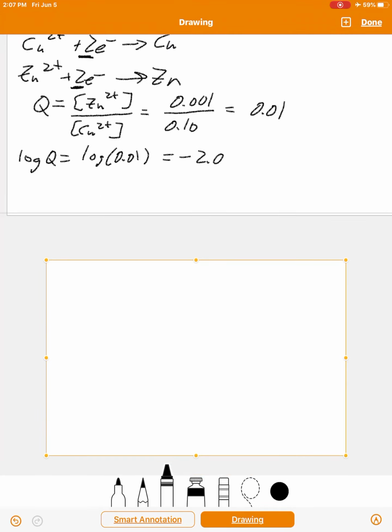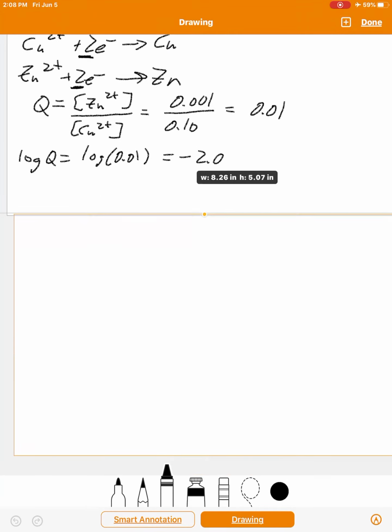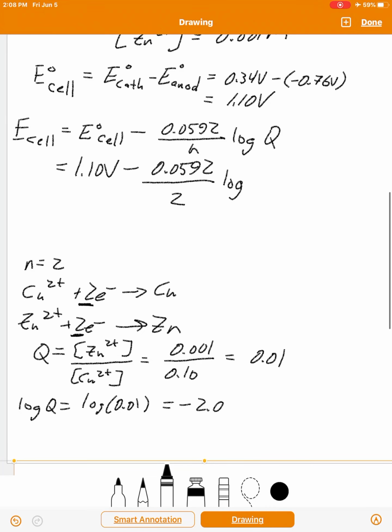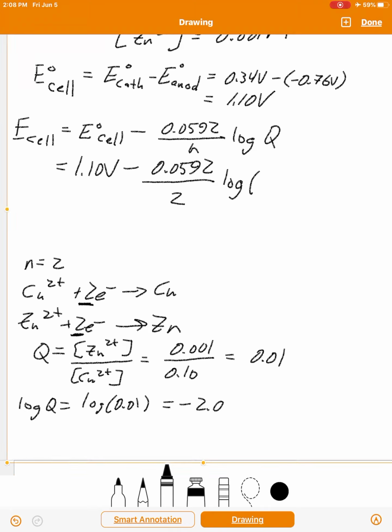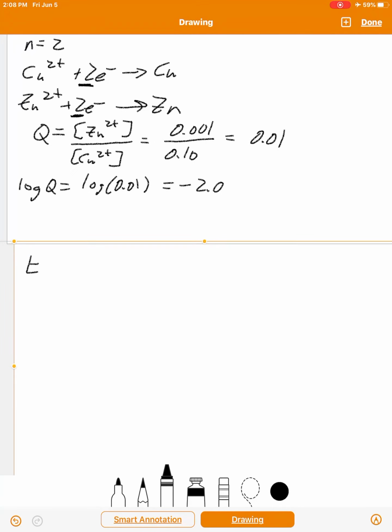So now, here's what we do. We come back and we use this equation here. But now we know Q is 0.01. So now that's equal to 1.10 volts minus 0.0592 over 2 times negative 2, because the log of 0.01 is negative 2. So look what happens. Again, I picked easy numbers. I want these two to cancel. And then you've got minus some minus, that's a plus. So it's 1.10 volts